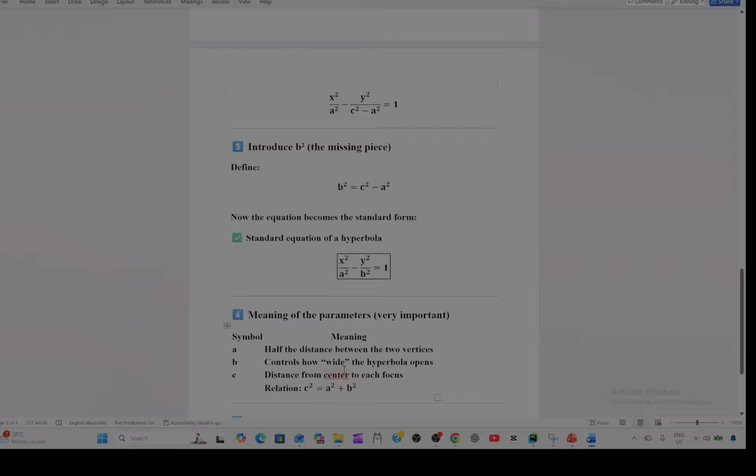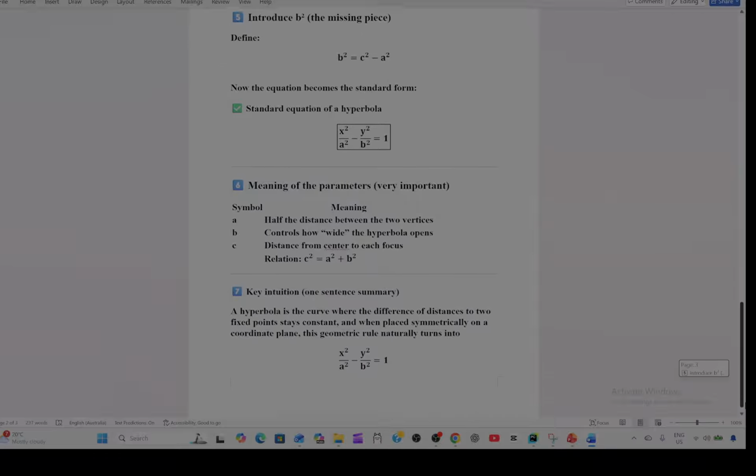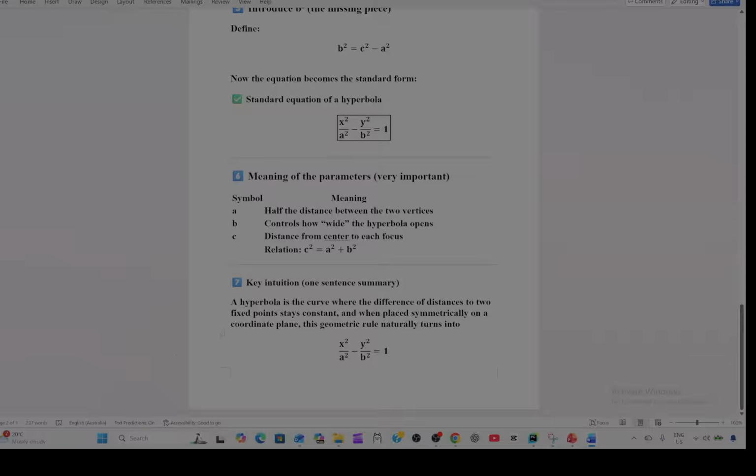b controls how wide the hyperbola opens. We will see that when you go to the Python program, you will find it there. c is the distance from the center to its focus. So the relation is c squared equals a squared plus b squared. I said to you before, just move the one around, right? Where you get c squared. Okay, so the key to the hyperbola is a curve where the difference of distances to two fixed points stays